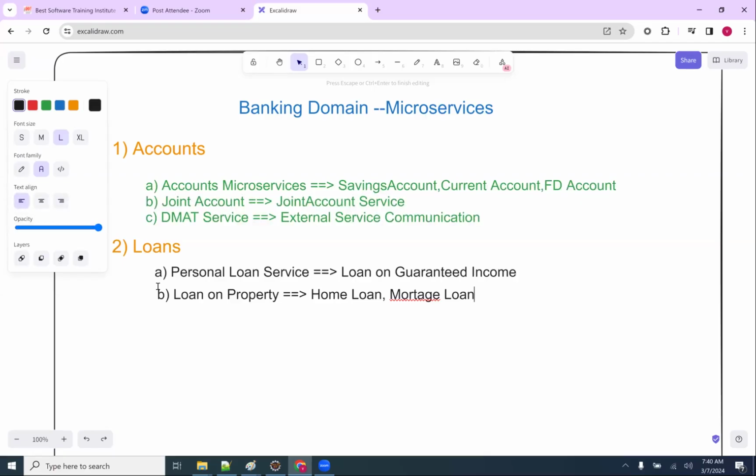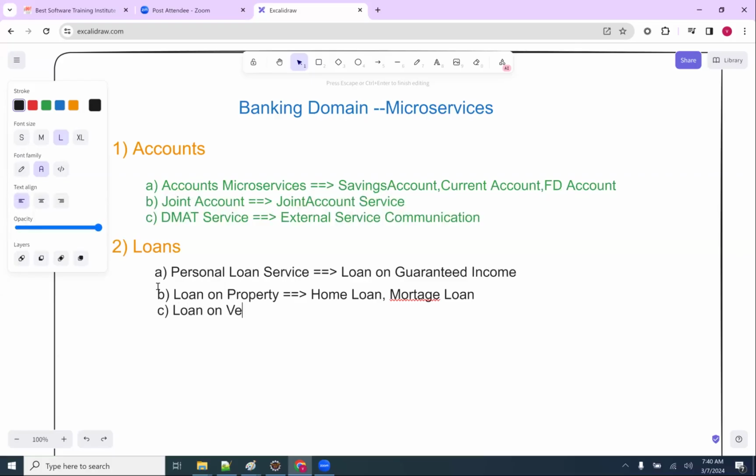So I'm taking loan on property as a separate microservice. Under that I can categorize home loan and mortgage loan. Is it clear, guys? Any questions here? Next,